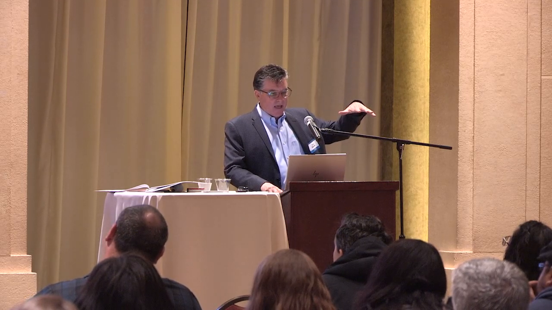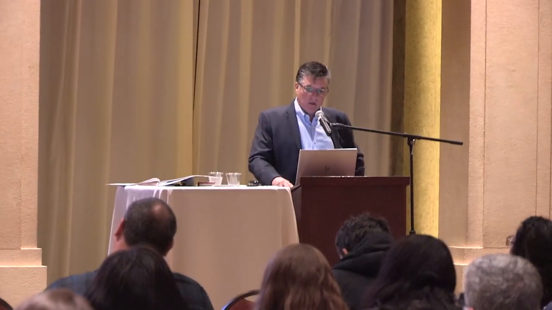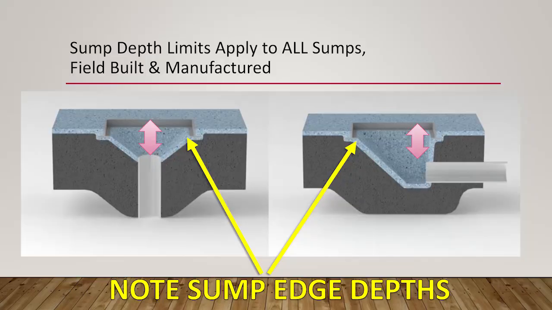So if we look at that concept at the edges, it's not just the 1.5 pipe diameters, it's what's going on out here in the corner. So that's 1 pipe diameter. So if it's 1.5 pipe, they need to have kind of an edge that goes down so there's room for water to flow. Now I'm going to go back to